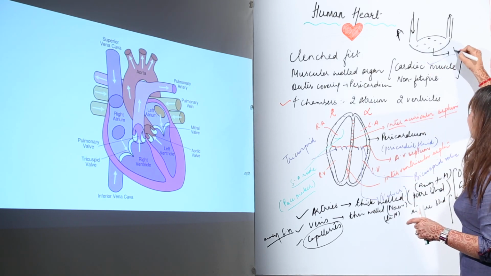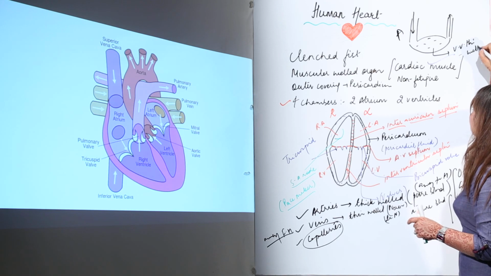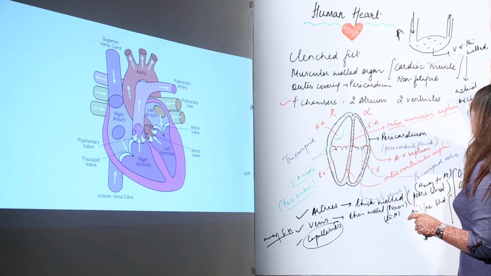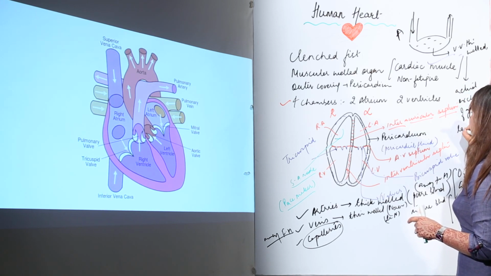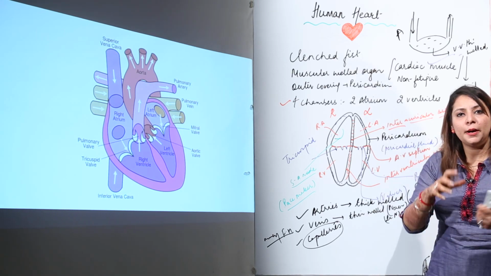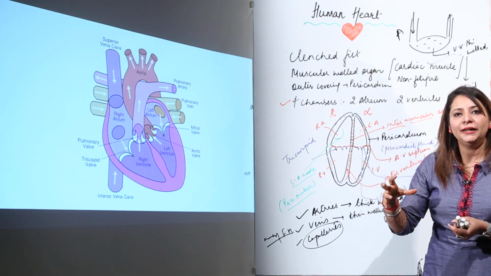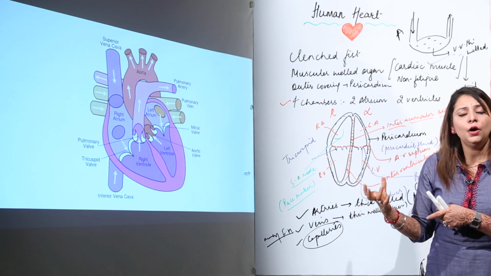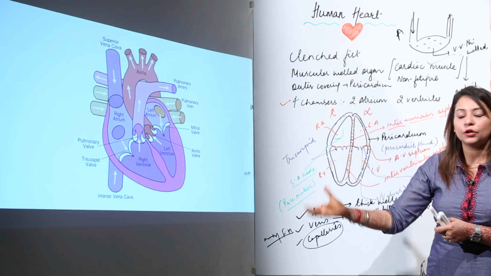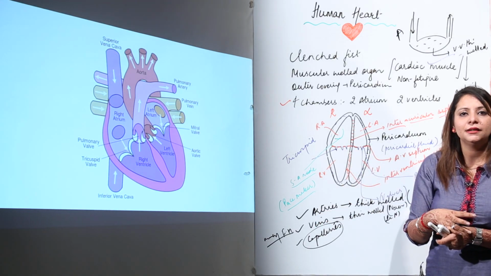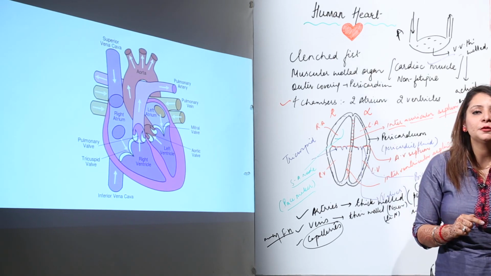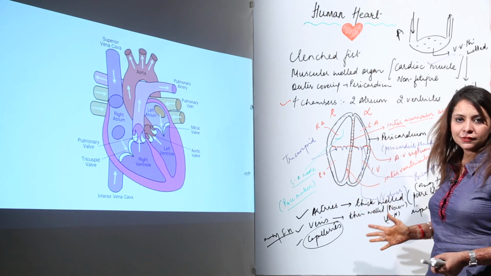Capillaries are very, very thin walled, and through them the actual exchange of gases takes place. You know that the heart is going to pump pure blood, and then the pure blood gets deoxygenated. How does it become deoxygenated? It becomes deoxygenated because the CO2 from the tissues and cells enters the blood and increases the CO2 level, and the blood becomes deoxygenated. That blood is carried by the vein. So this is the basic structure. I think you got it.